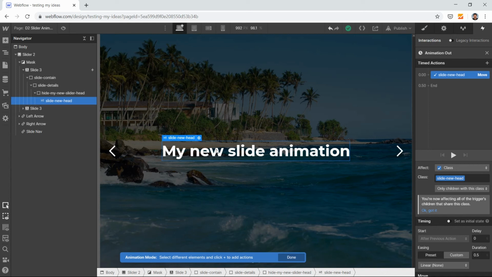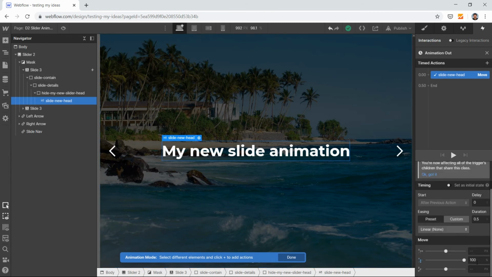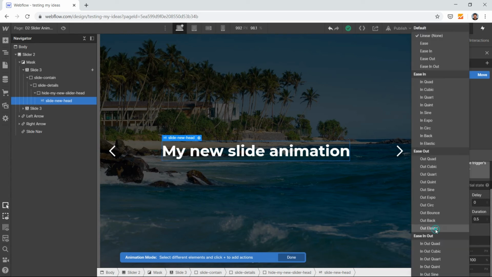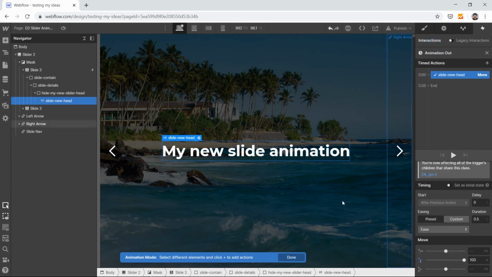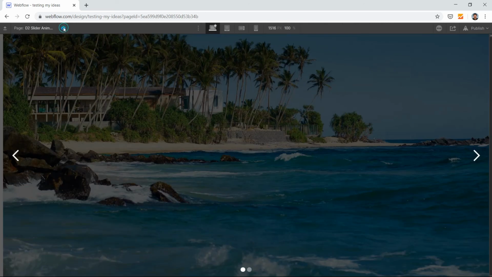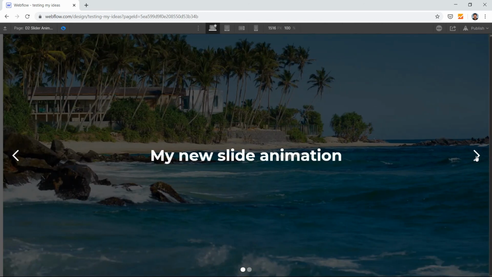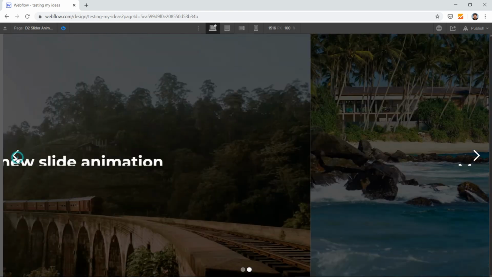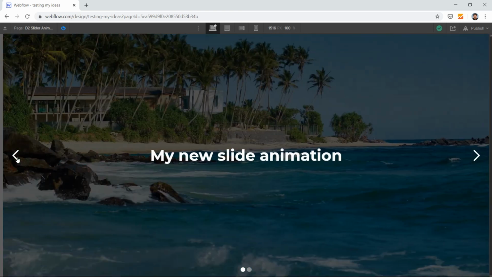So whenever a new slide comes in, it comes from 100 to 0, so that 100 is here and 0 is here. So it's 100. Good, let's make it ease. We'll give it a class to all of these. Oh, it's not working. Why is it not working? Let's see why it's not working.